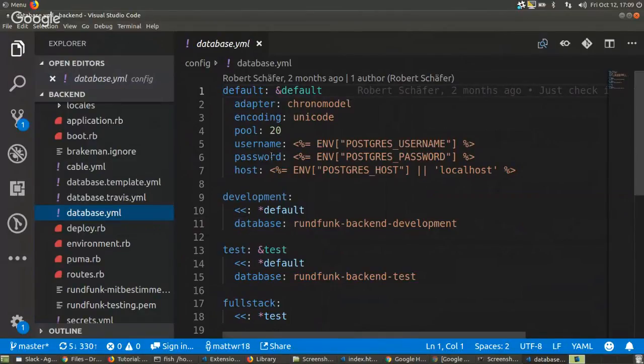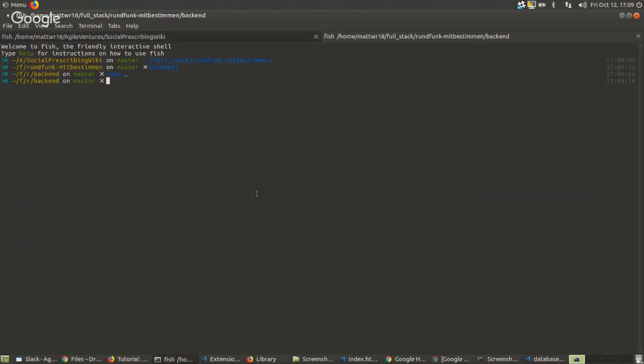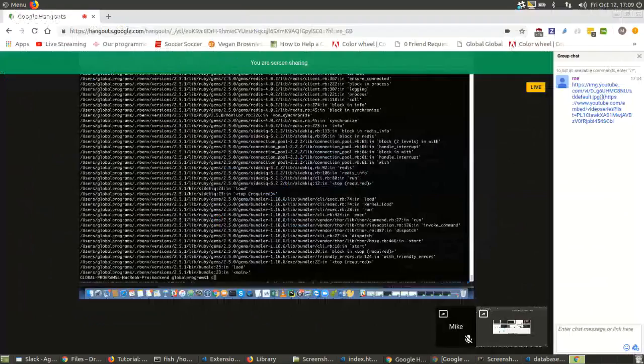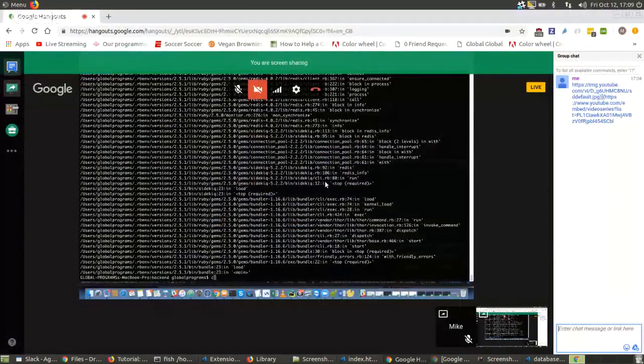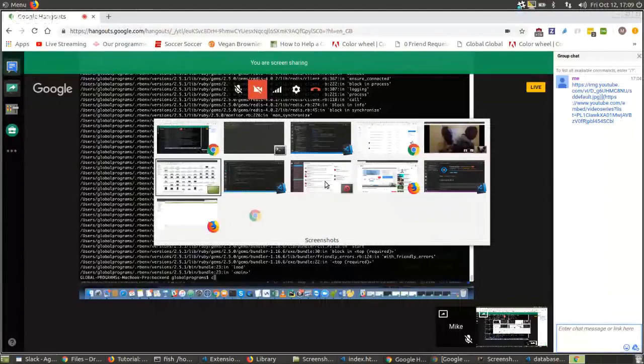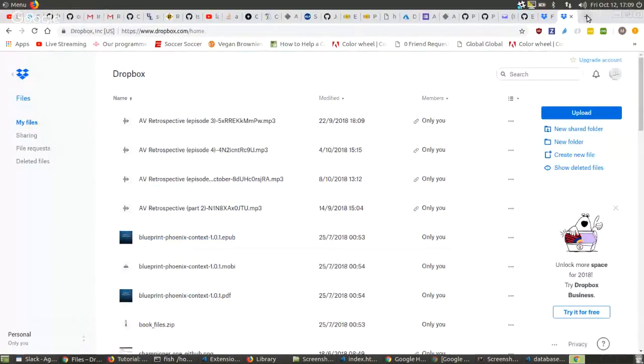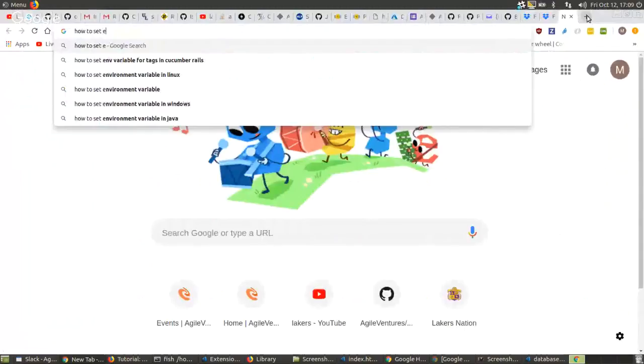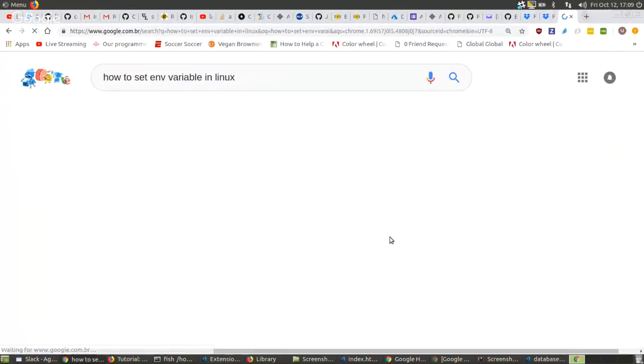So this database.yaml expects me to have my environment variables set. So I need to find out how to set environment variables in Linux.